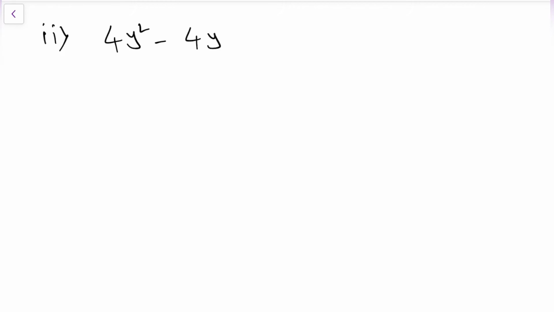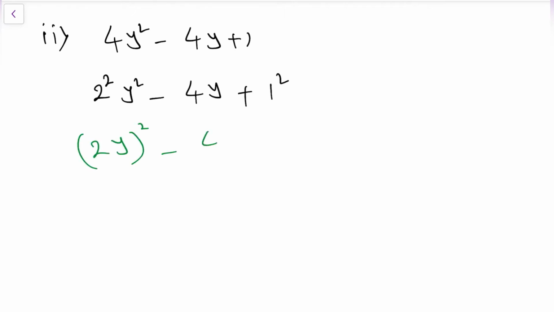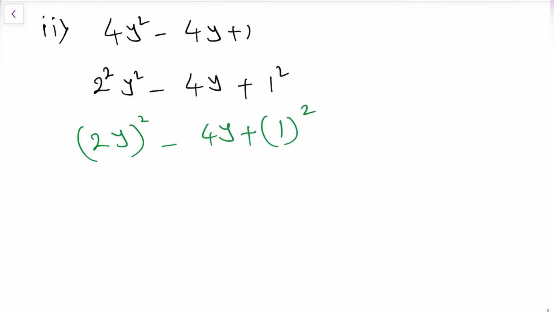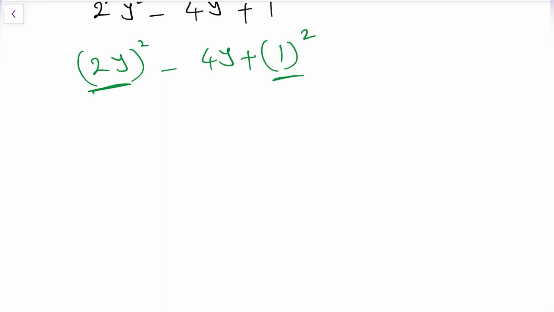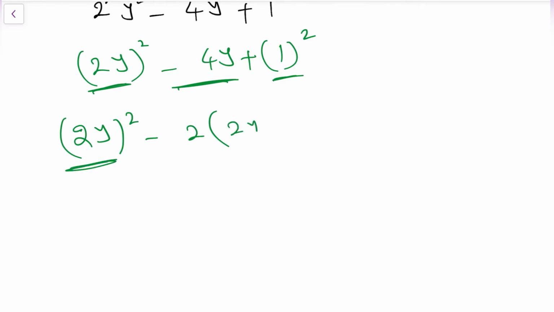minus 4y plus 1. Now here, the first term 4y²: 4 can be written as 2² into y², minus 4y as it is, plus 1 can be written as 1². 2² y² can be written as (2y)² minus 4y as it is plus 1², which can be written as 1². Now if we observe, this is a², this is b², this is minus 2ab. So let us separate it as minus 2ab. (2y)² minus 2 into a, which is 2y, into b, which is 1, plus 1²